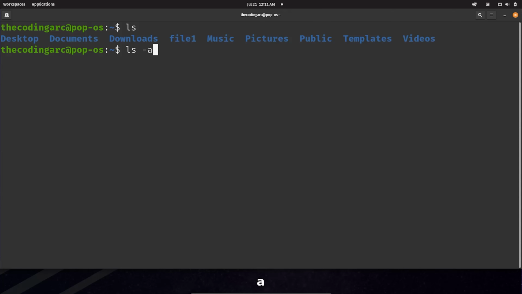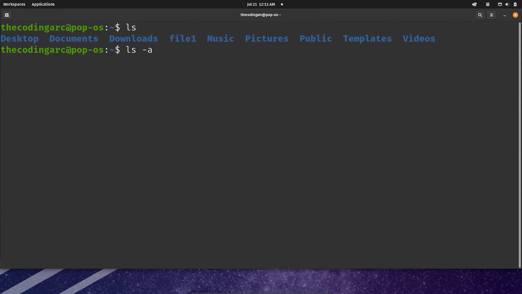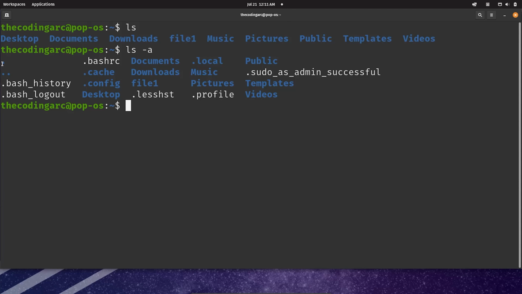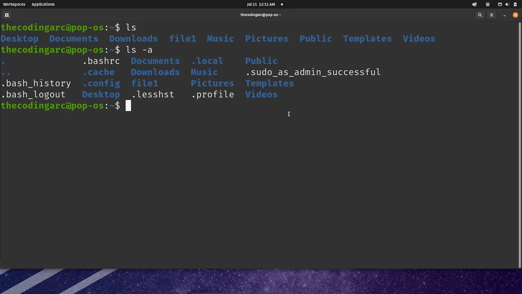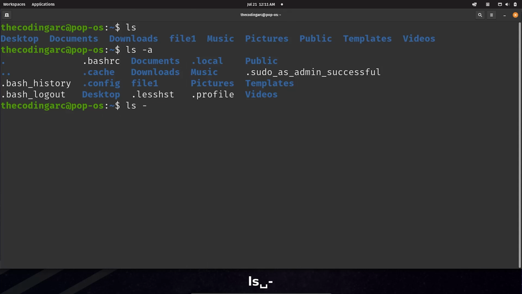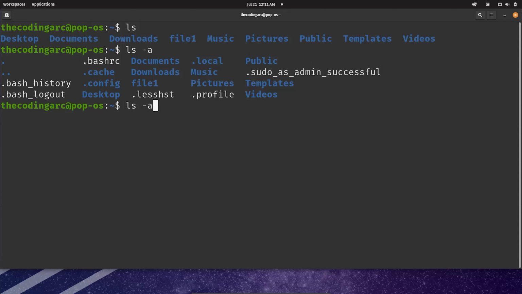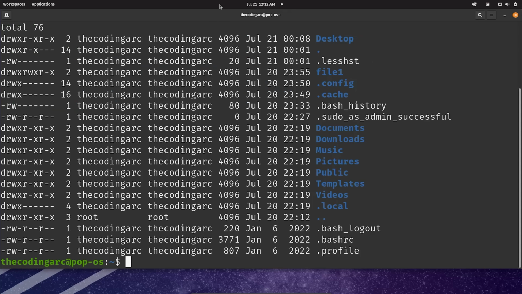So for example, if I use the option A, it will ask the command to not only show the documents but also show the hidden folders. So these dot folders are hidden folders which are shown here. Similarly, you can use multiple options together. For example, I will use A to show hidden files, L to show the list in a long format, and T to sort it according to the time it has been created. Yep, so you can see that